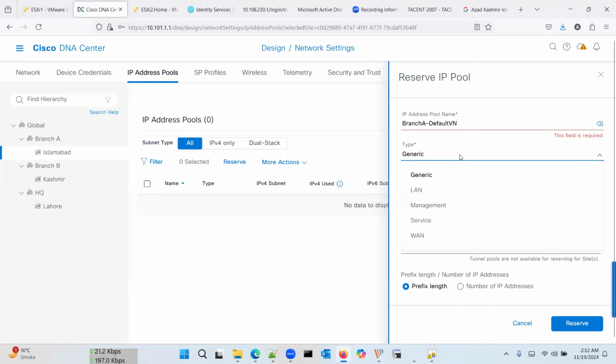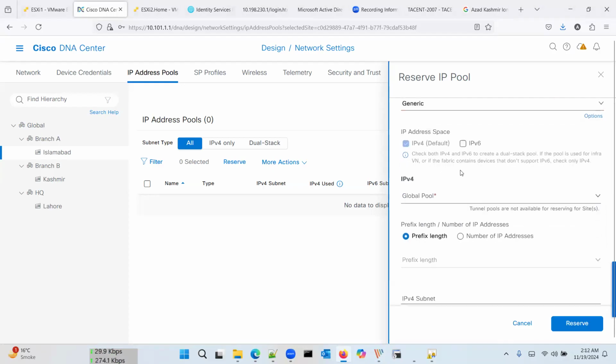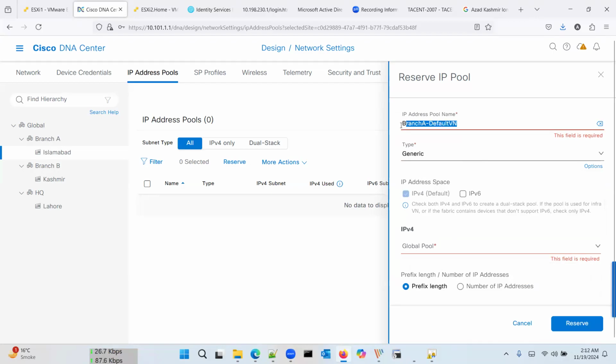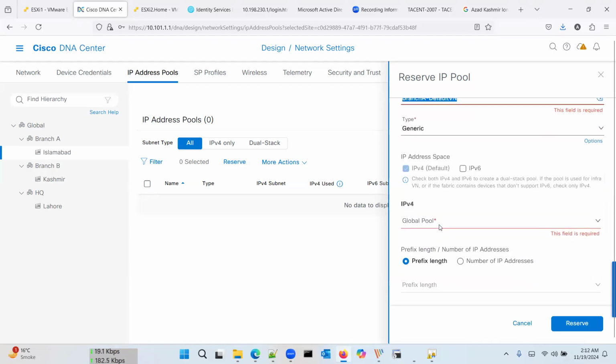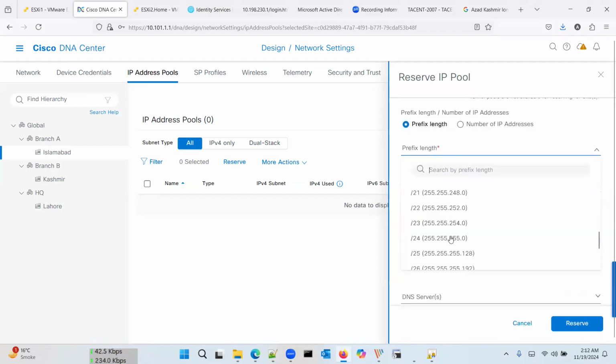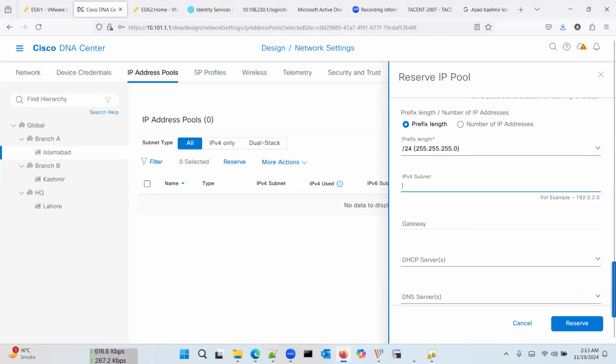Okay, type is generic because we keep it generic here so that we can use it for the other pools that are different types. For example, if you want to do automation, you want to do other services, you can choose type of services here. So my type is generic. That's my name, generic, and the global pool is this one here. Prefix length is 24. So this one is slash 24,